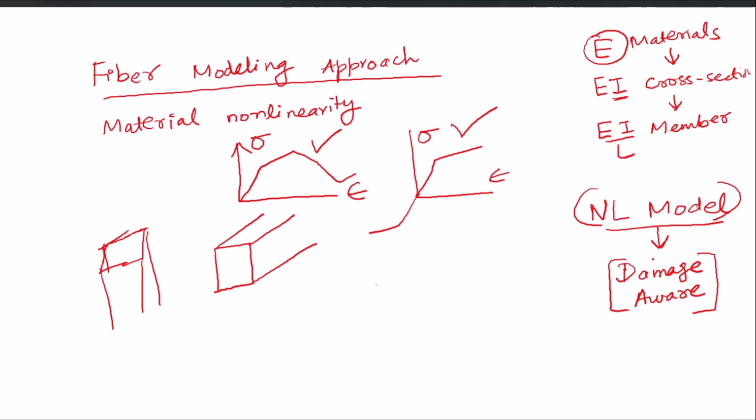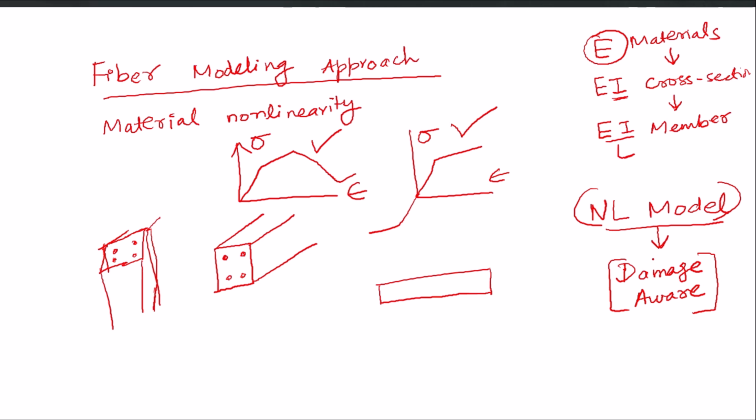For example, in the plan view it will look like this. Let's say it is a shear wall leg, so it will be having some reinforcement. Let's say this is a beam and then this is a column which is having some reinforcement. It should obviously be like that, like this. So the basic idea is that we divide that cross section into what we call material